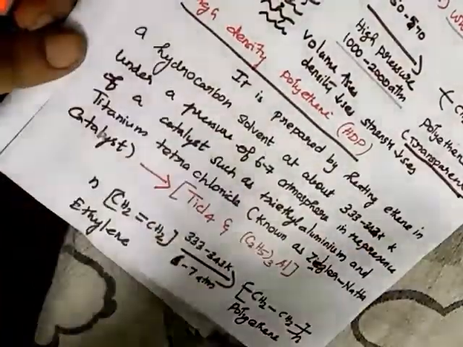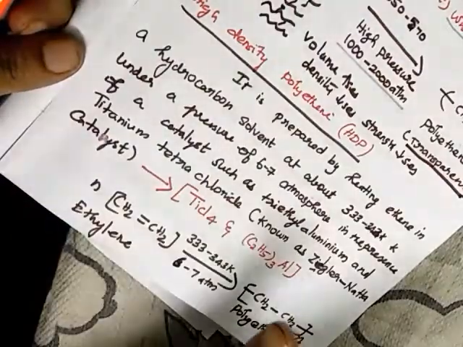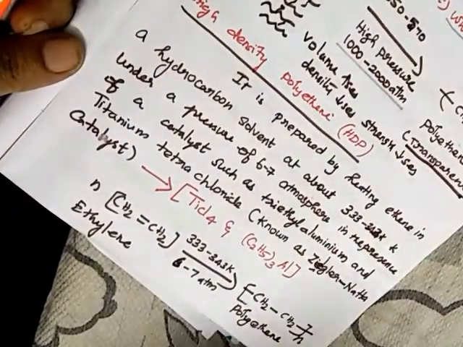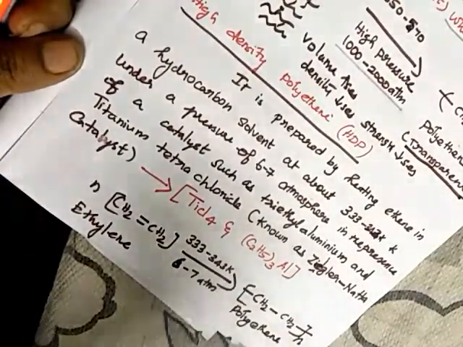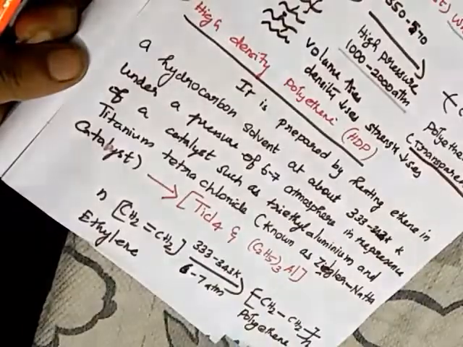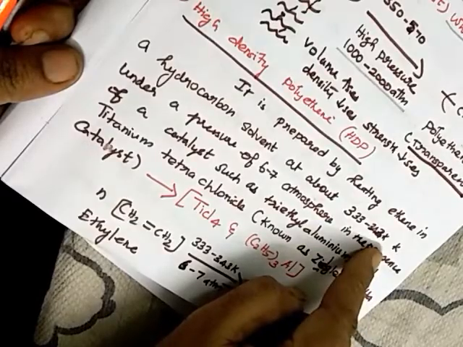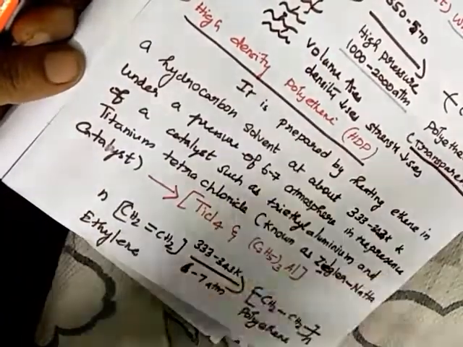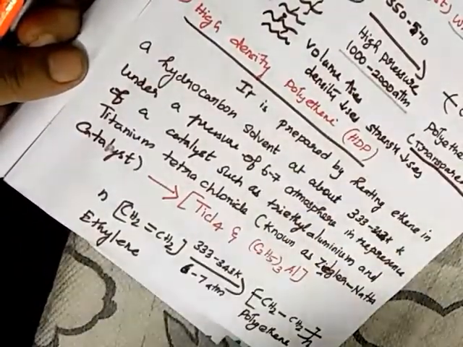Both the cases are polythene only, right? Polythene in the presence of hydrocarbon as a solvent. In the previous case, we used 350 to 570 Kelvin. But in this case, what is the temperature? We are using just 330 to 343 Kelvin, under a pressure of 6 to 7 atmosphere only. But in the previous case we used 1000 to 2000 atmosphere, a huge pressure.